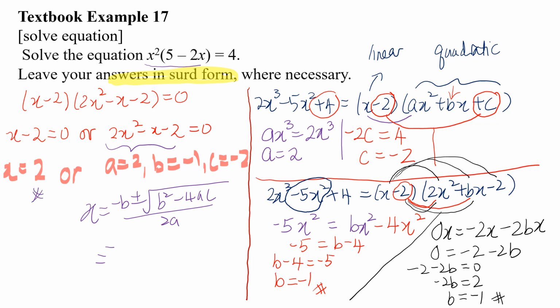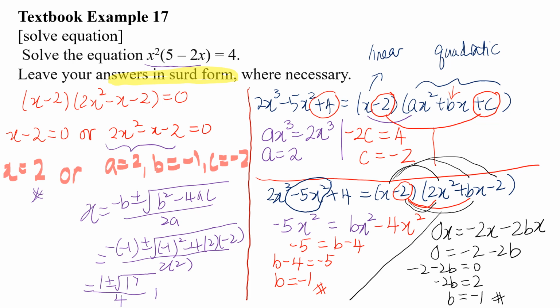So substitute negative, bracket negative 1, plus minus the square root of bracket negative 1 squared minus 4 times 2 times negative 2, over 2 times 2. So this will work out to be 1 plus minus the square root of 1 plus 4 times 2 times 2, which is 17,